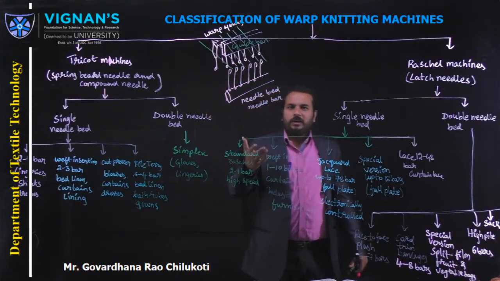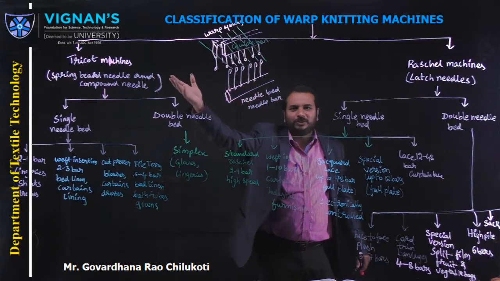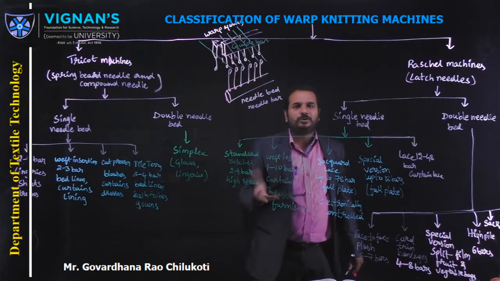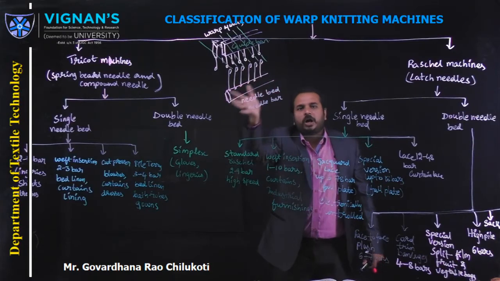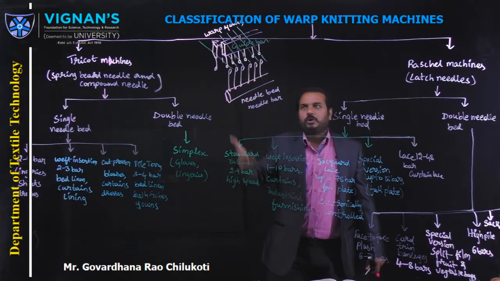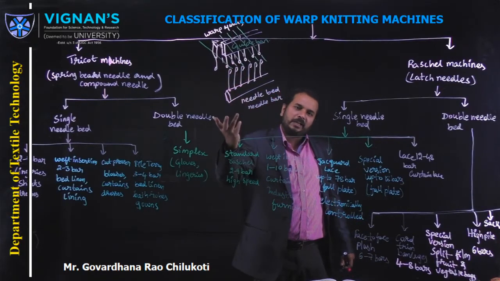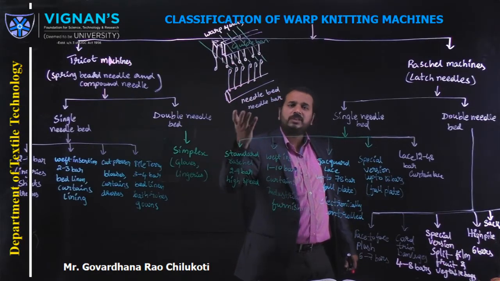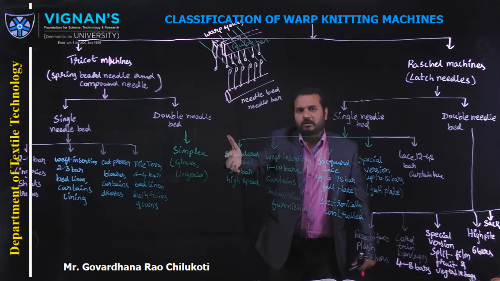Okay, so for example, if 5 guide bars are there, assume 5 different colors. If you are producing any pattern effect or color effect to give to the fabric structure, in that case you are going to change the order of feeding to the needles. If you vary that, automatically your fabric is going to come with a color effect. So this is a color effect, which I have given as an example.